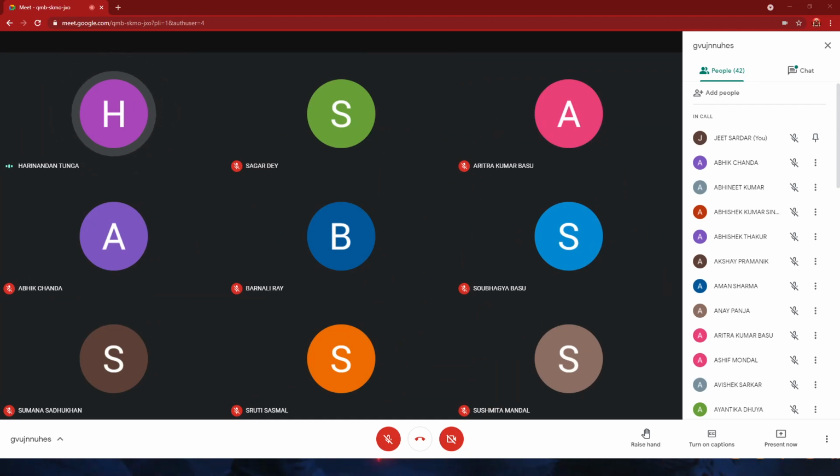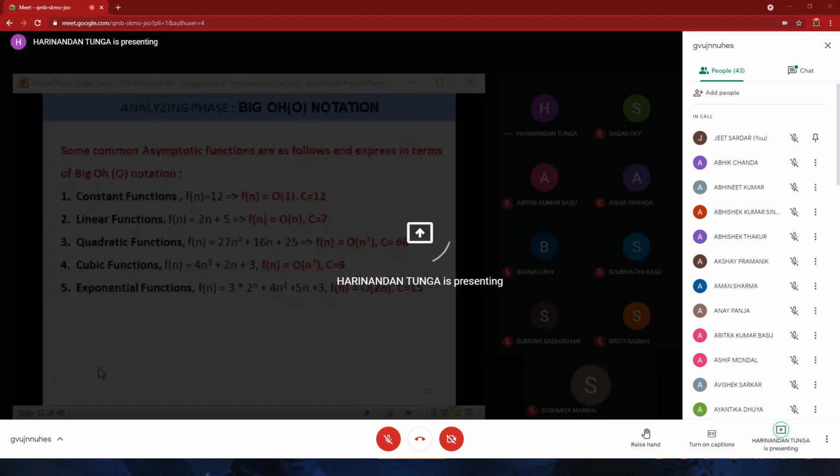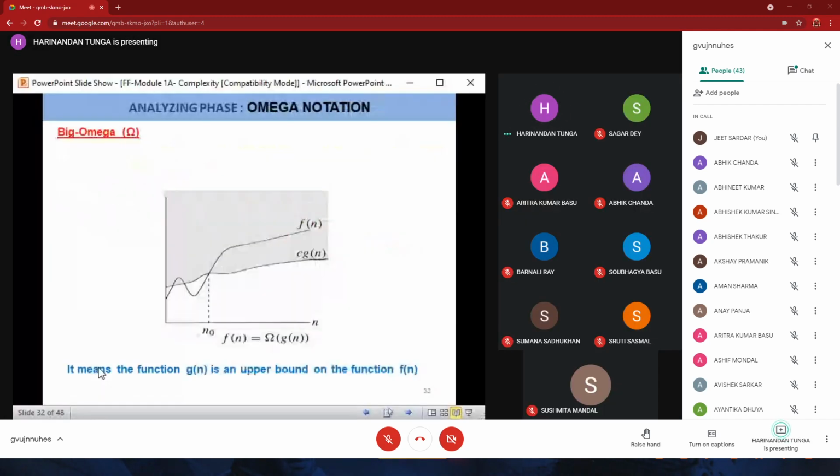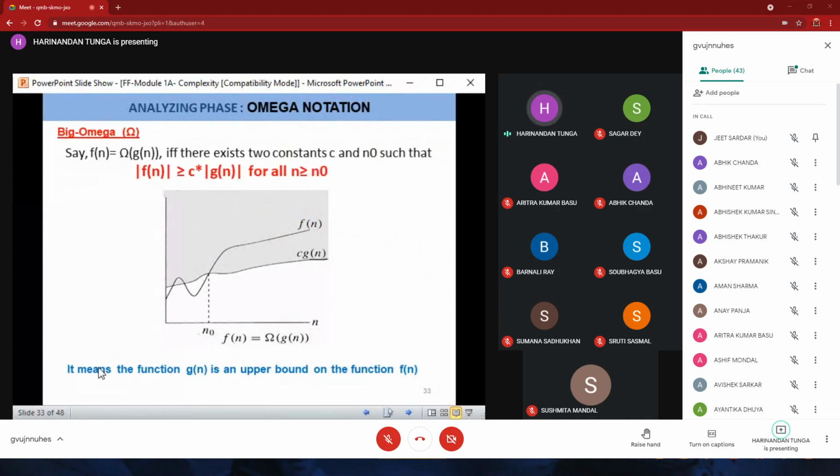Now another definition: the big omega. The big omega definition also involves two real positive functions, f(n) and g(n). That means f(n) is greater than 0 and g(n) is also greater than 0. We say that f(n) equals big omega of g(n) if there exist two constants c and n0,